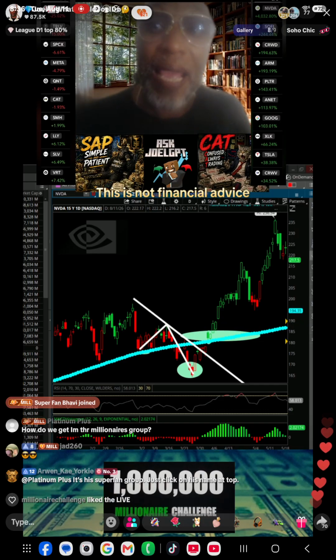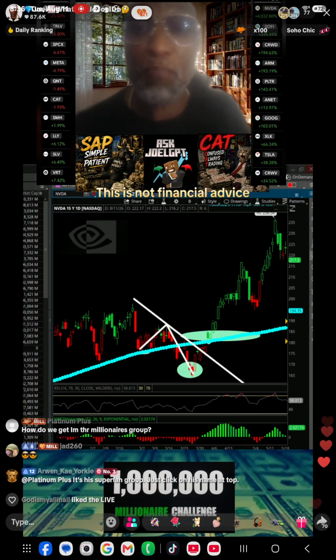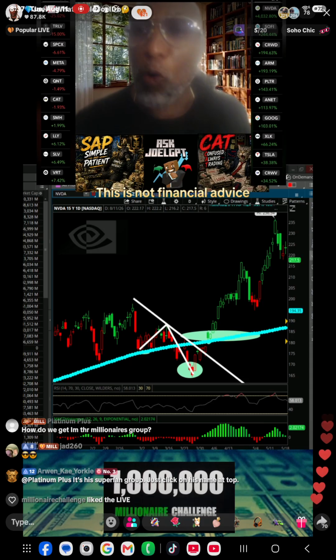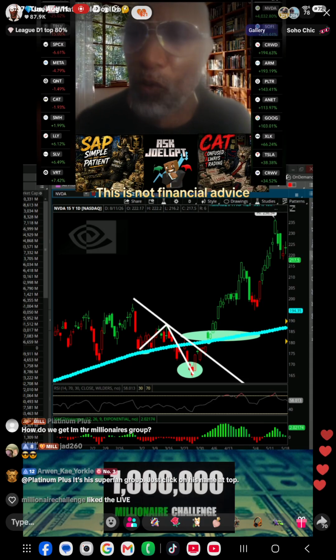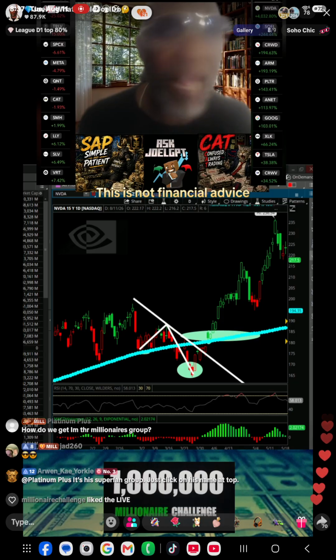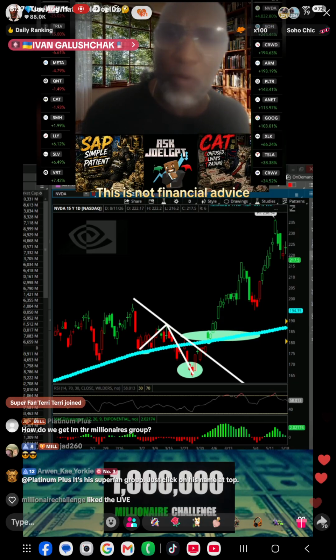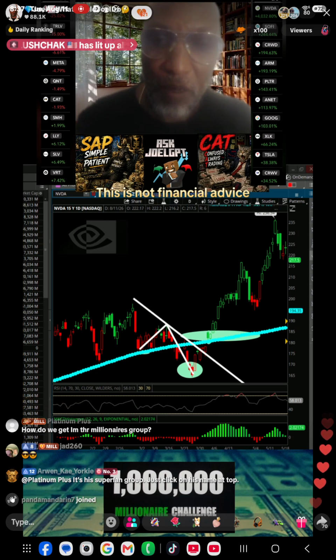So the people that are buying it now are going to be your whales that have been buying it, or whales that haven't been able to get in yet. And every whale wants to be in NVIDIA. Don't get it twisted. Everybody wants to be in the best, highest beta company on the planet. They just do. There are just periods where you have to be patient and buy it.